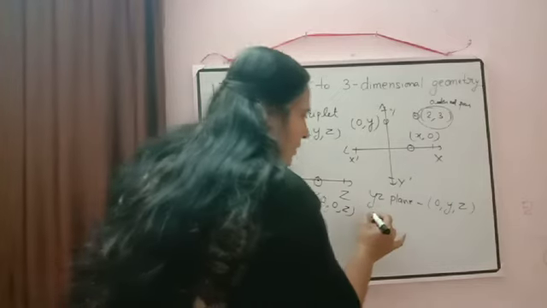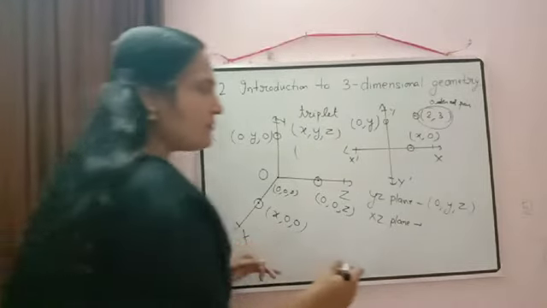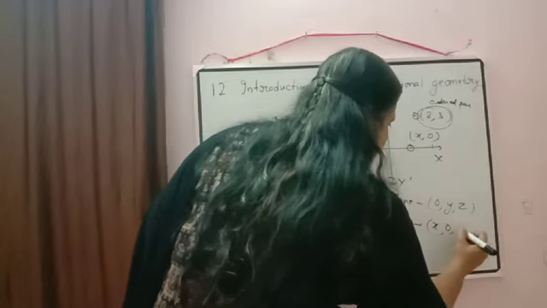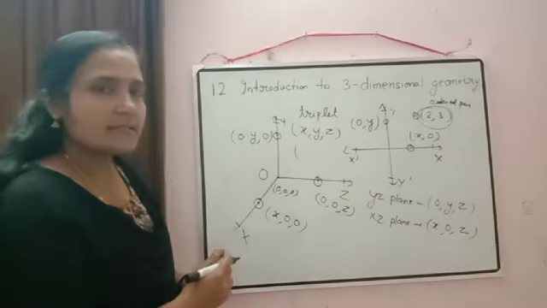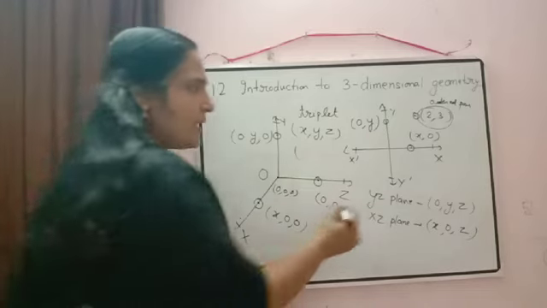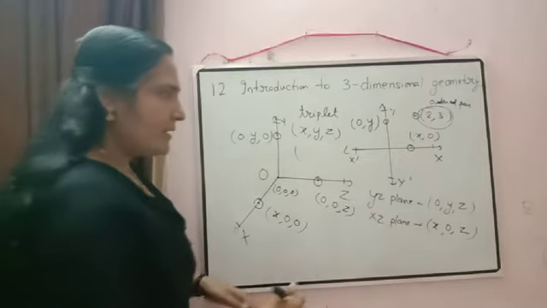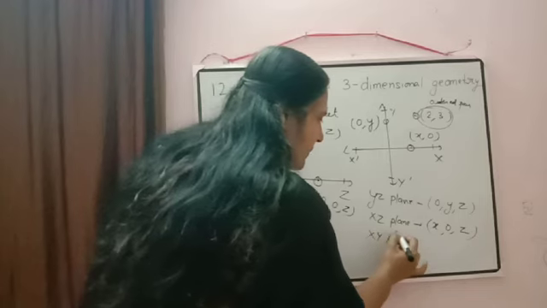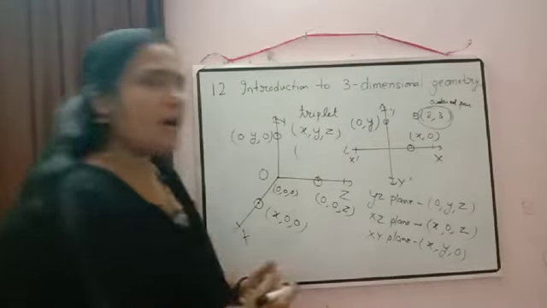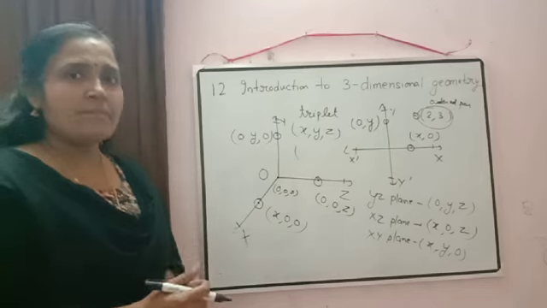The same way, if the point is in the xz plane, then how will it be? Yes, the x coordinate will be there, the y coordinate will be 0, and then it will be x, 0, z. In some books, when they write the plane, they write y o z also, because the origin is included there. Okay. Then in the same way, if it is in the xy plane, how will we write? Yes, it will be x comma y comma 0. So these are some pieces of information which you should know before doing any question.